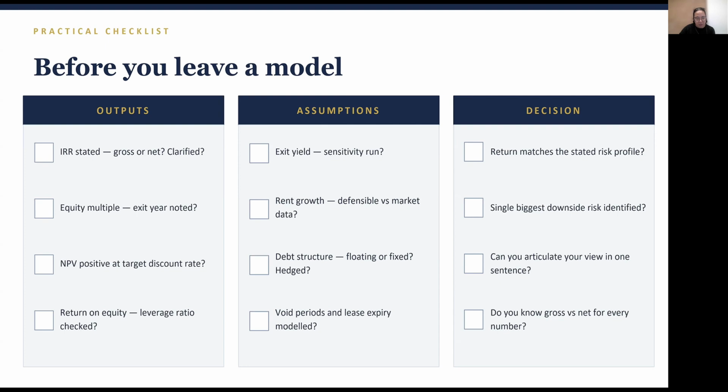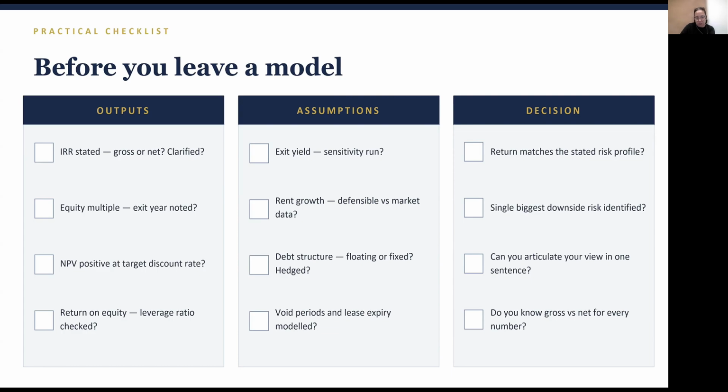Have you thought about those answers? The debt structure, is it floating or fixed? Are you hedging it? Void periods, lease expiry, have you modeled those? And then the decisions. Can you articulate the decision? Can you defend the decision? That's how you go from just building models to actually reading the models and making the decisions. So don't be the expert only in building it, be the expert also in reading it, making decisions, or giving